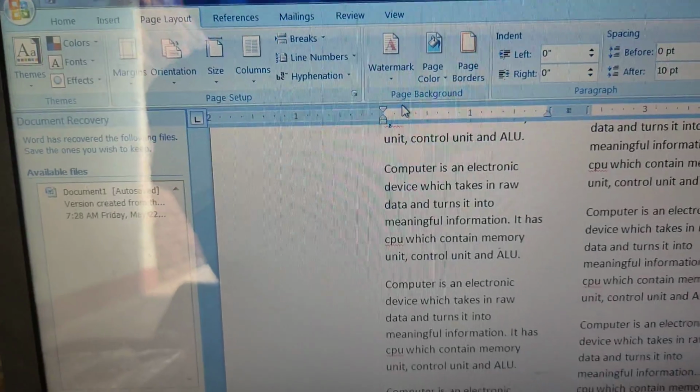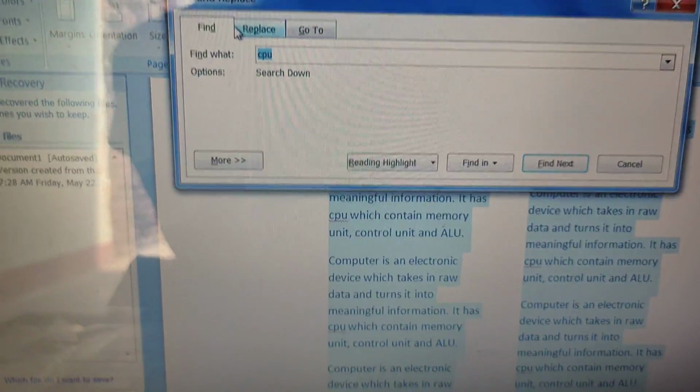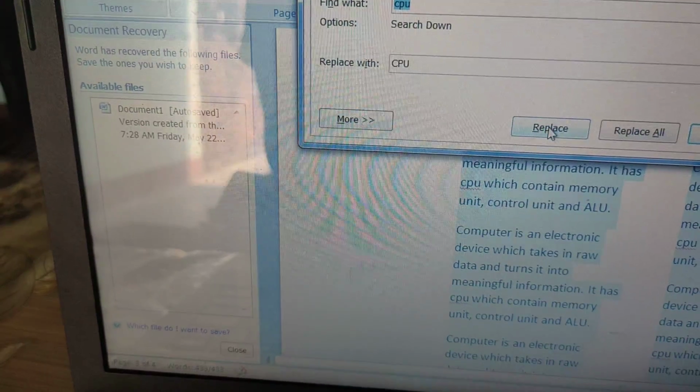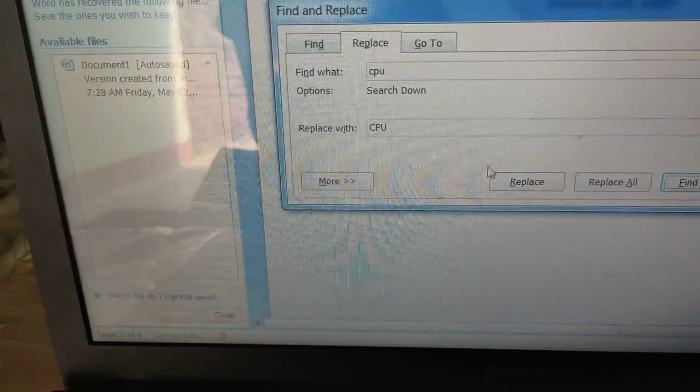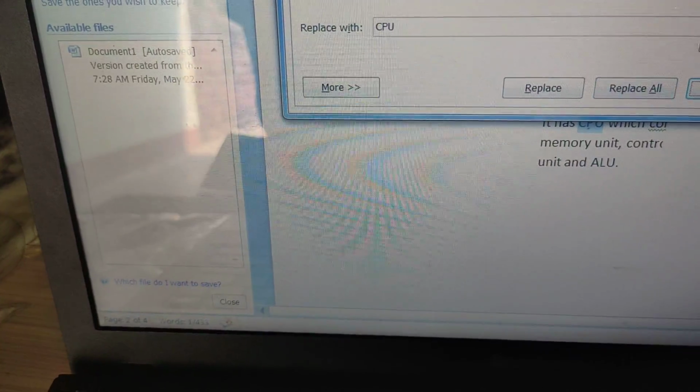First of all I will select the document. Okay. Now Control F. Now I am replacing with this. Replace. Replace all.